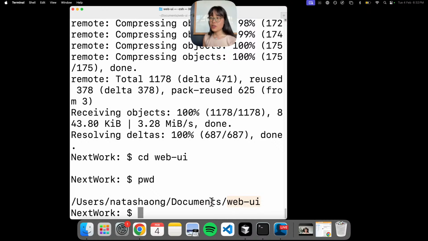So quick recap, we have just downloaded WebUI's code onto our local computer, and that code that we've downloaded currently lives in a folder called WebUI. You can actually even find this,